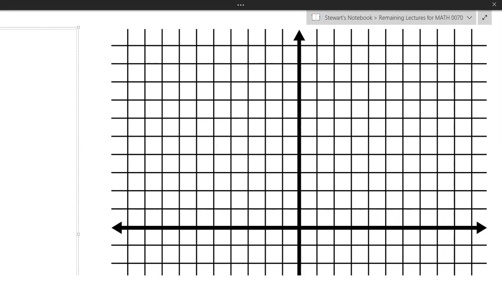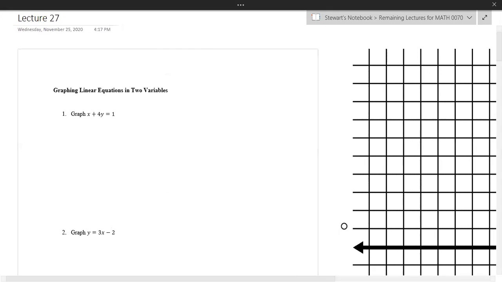I'm going to graph all of our equations over on this one just for the sake of keeping them all together. And I'll just erase as we go along, or if it gets too cluttered, I'll draw in different colors for the lines. Okay, so